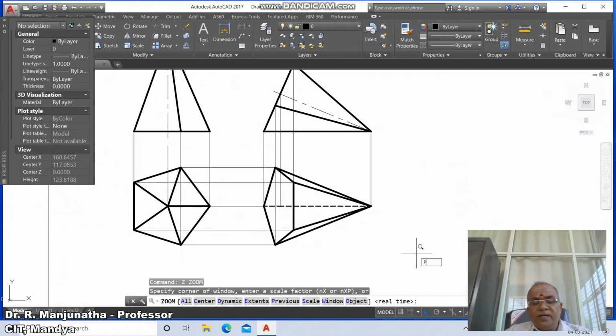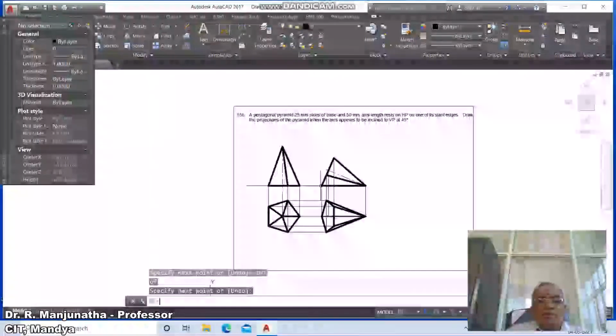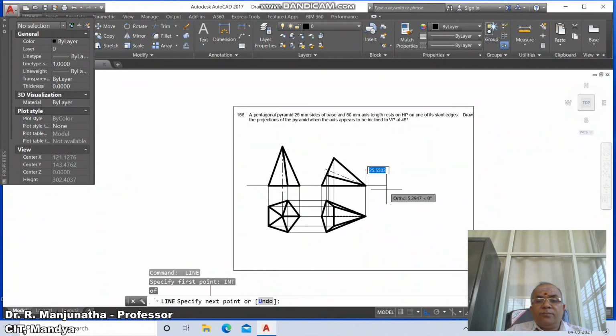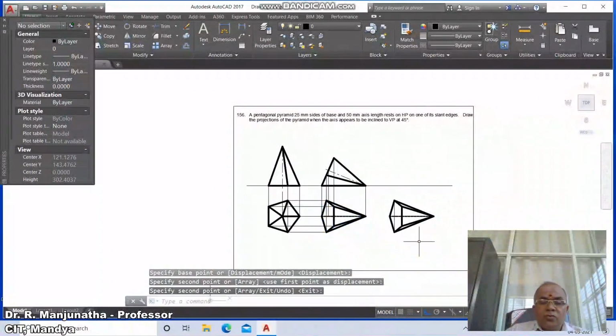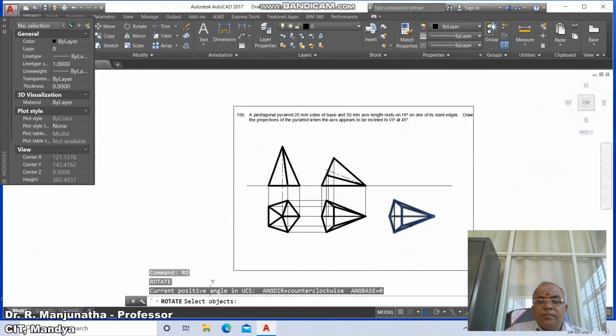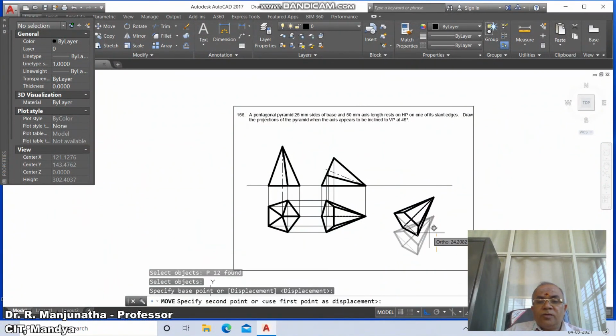Then go to zoom previous, then go to line, take INT of this and draw the XY line. Again take line, INT of this, and say INT of this. Then from here, the intersection point of this, draw a horizontal line. Then copy, select this line, take this, then go to rotate this line by an angle of 45 degrees. Then go to move, select previous, instead of the ortho mode, take nearer to the ortho mode, nearer to this,